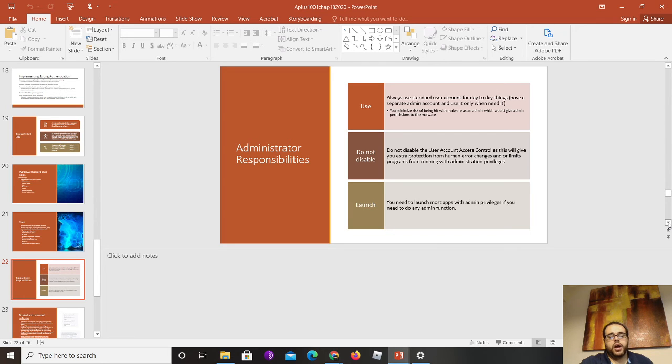Administrator responsibilities. Keep in mind to always use your standard user account for day-to-day things. Only use your separate admin account if you really need to do administrative tasks. So let's say that you don't allow anybody to install software in your organization. Every time you need to install software on somebody else's computer, you're going to be prompted for a password.